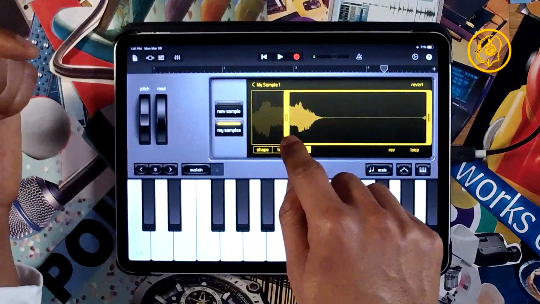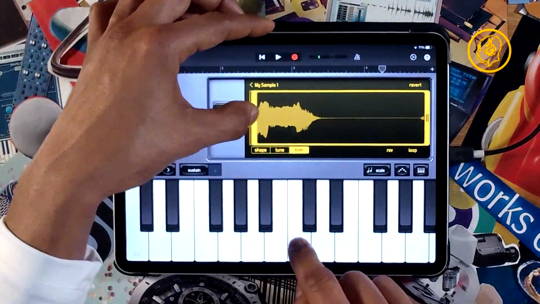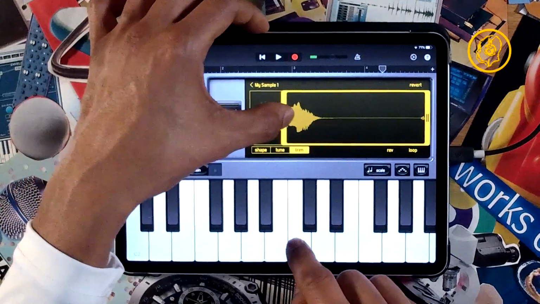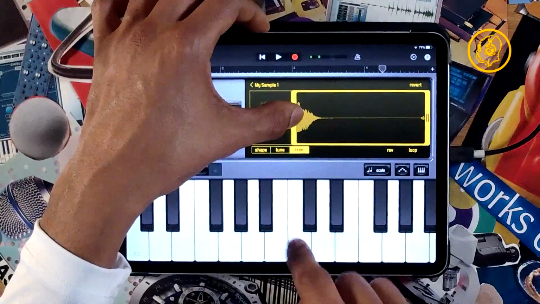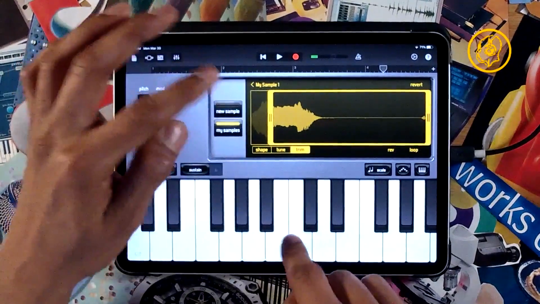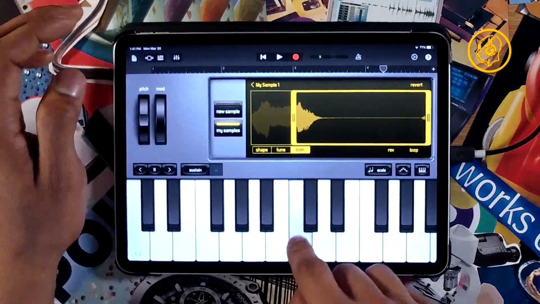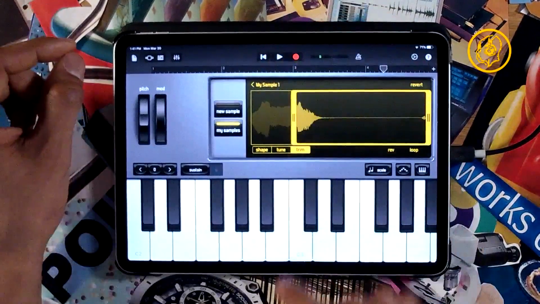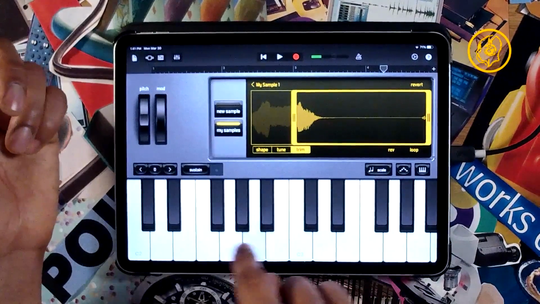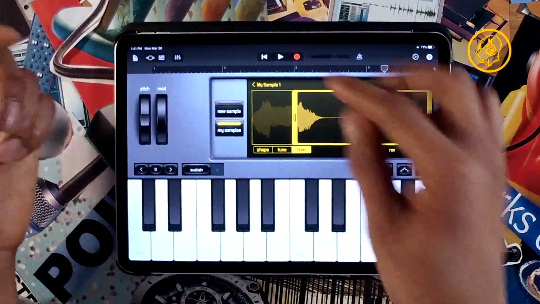I can go in here and truncate. Truncate, or trim, in GarageBand. See? What do I want? That sounds interesting. And then I could go down, go up, or go down, go up. But you got the point.